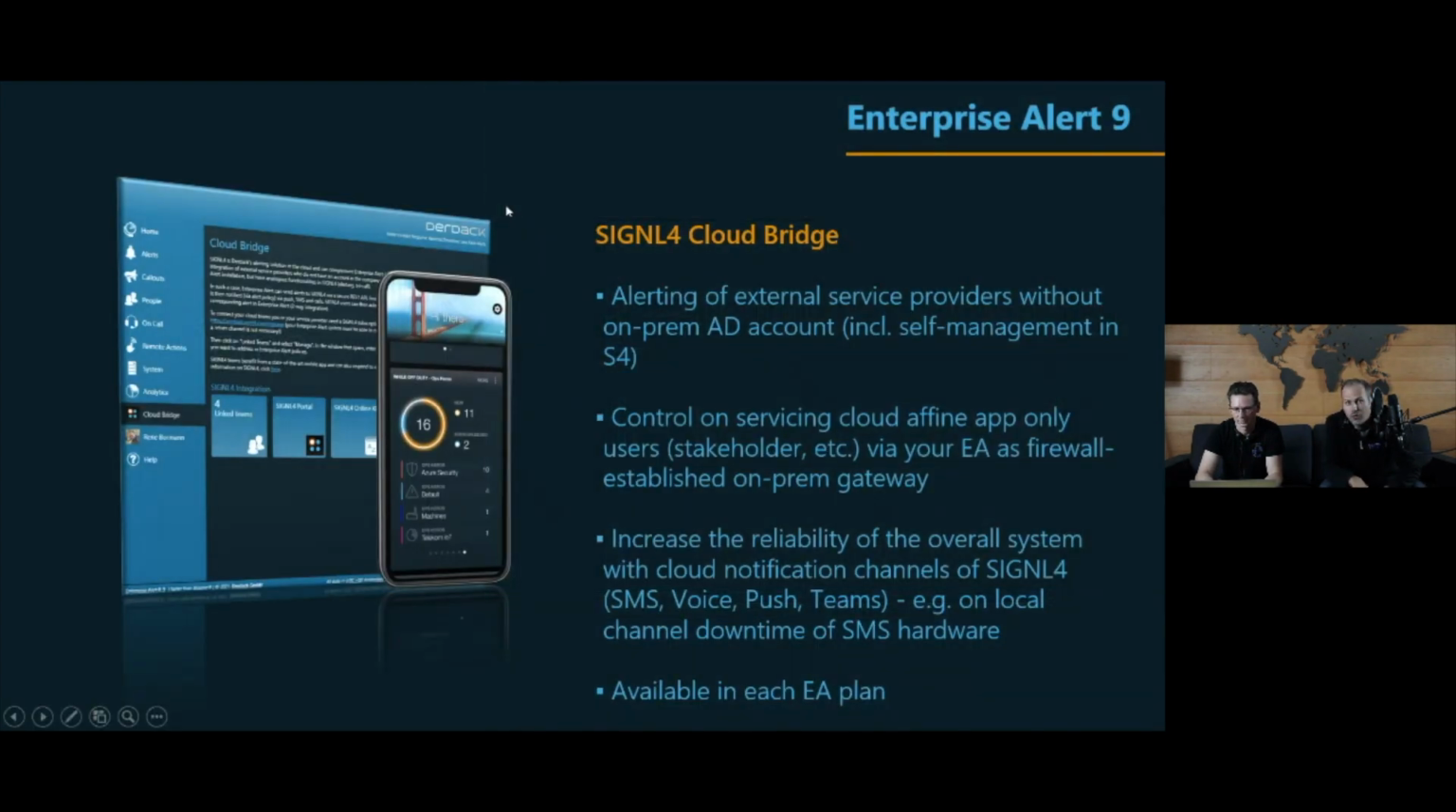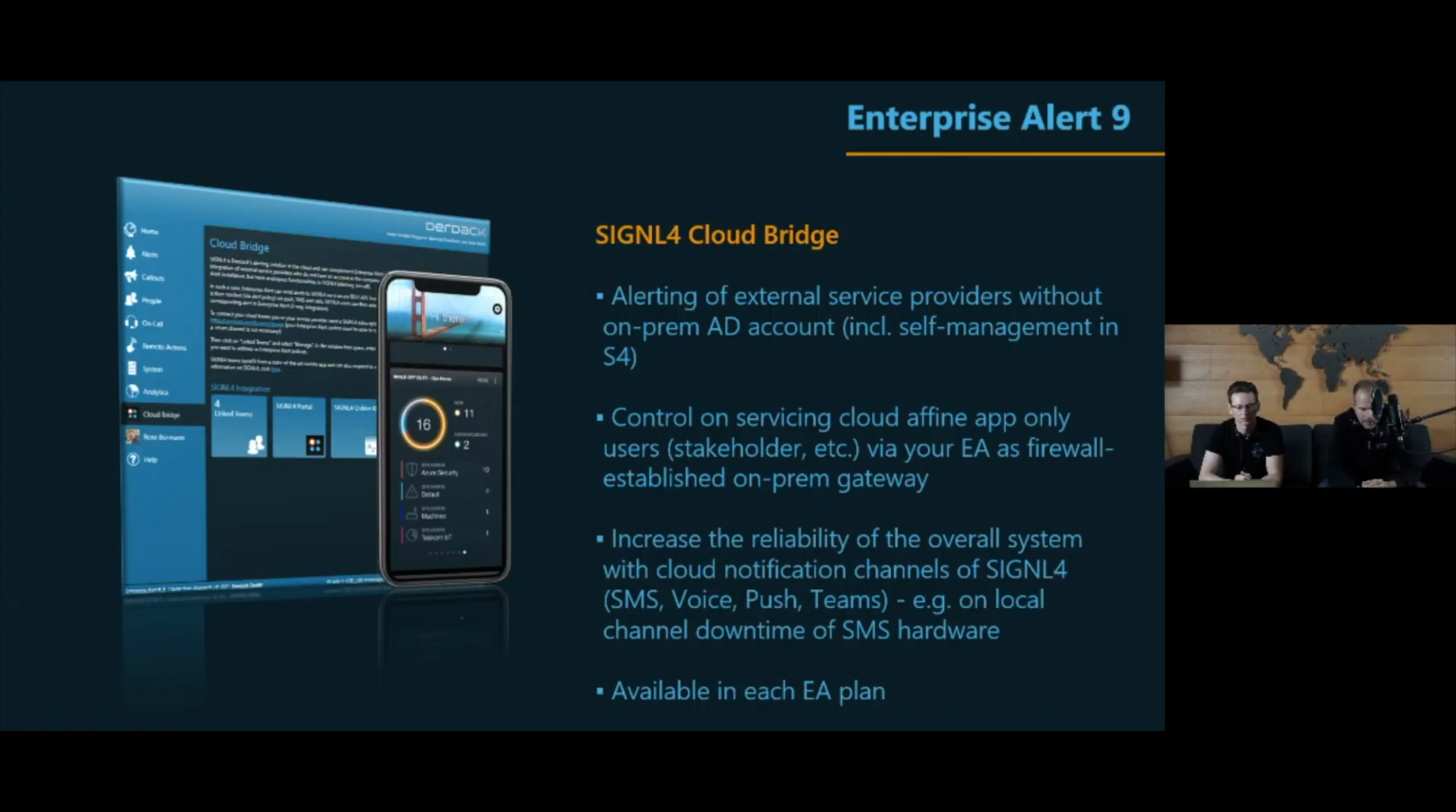So let's move on here to the next topic, which is about the integration of EA with Signal 4, that we refer to as Signal 4 Cloud Bridge or Cloud Bridge item in Enterprise Alert. And what it gives you is several enhancements in certain situations or scenarios, which are bulleted here